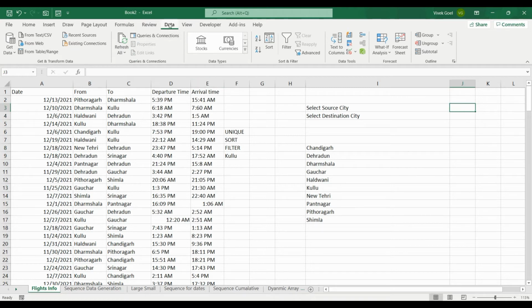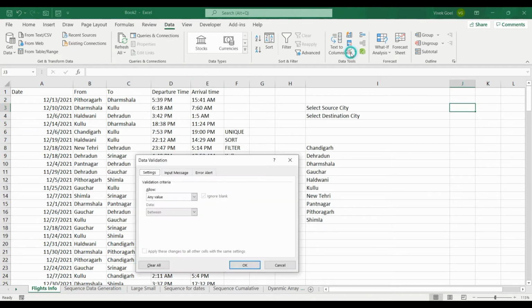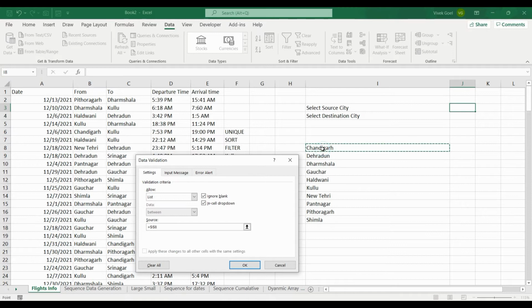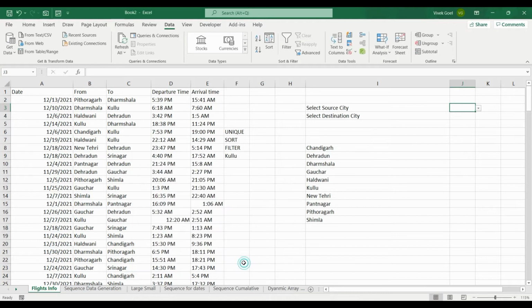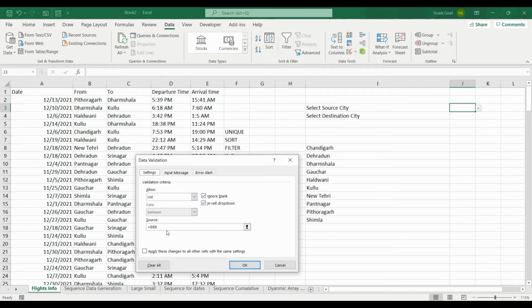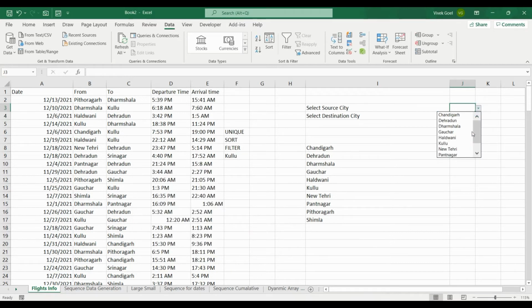We click on data and then data validation. We select list here and for our source we will select the cell which has our dynamic array formula. Now if we just select this cell, we will only get the value from that cell. If we want to access the entire range of dynamic array, we will have to use the hash value. So now our source list is ready with the help of unique, sort and data validation.